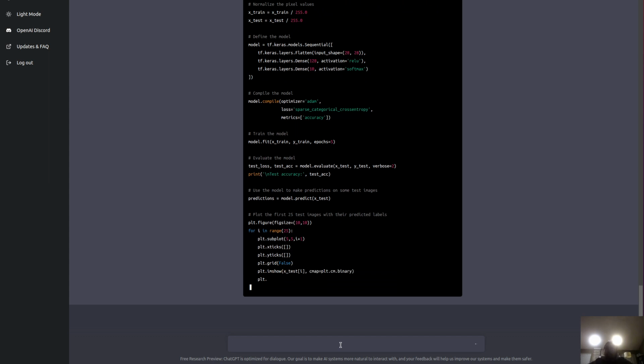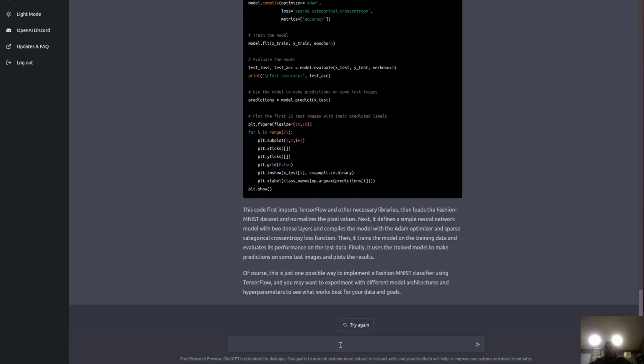And now it plots the first 25 test images with their predicted labels, for i in range 25, figure size of 10 by 10. Well, is that going to fit right if it's a 10 by 10? Oh, no, that's just resizing it. Can you rewrite this with it having a... Do I usually use a validation set? I'm not sure if I do that. Let's see here. I don't remember if I usually do it with